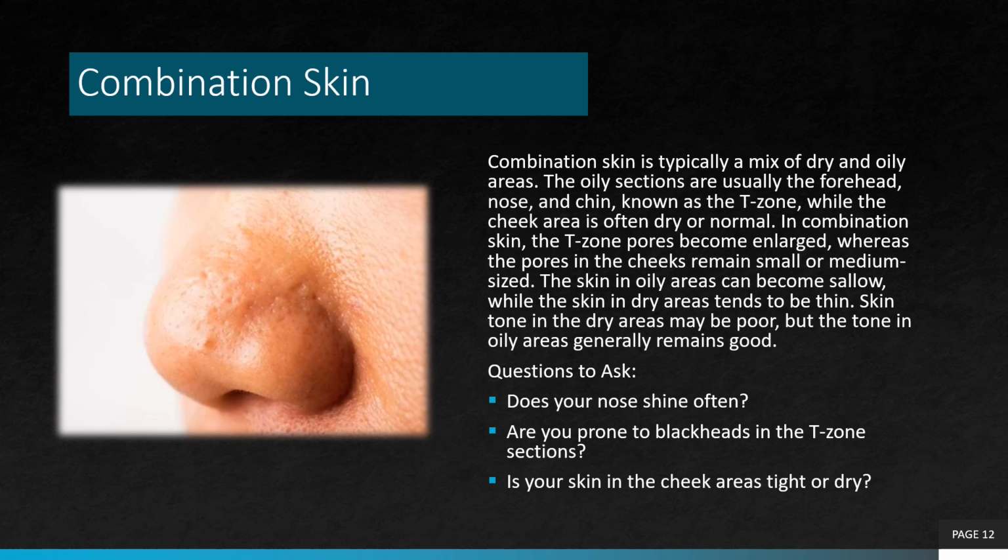Combination skin is usually a mix of dry and oily areas. The oily areas are usually the forehead, nose and chin, known as the T-zone, while the cheek area is often dry and normal. In combination skin, the T-zone pores become enlarged, whereas the pores in the cheeks remain small or